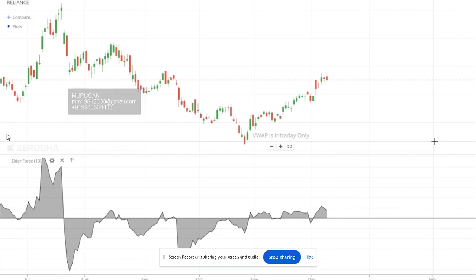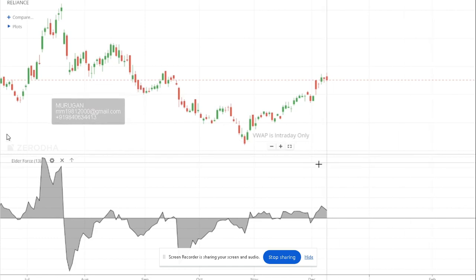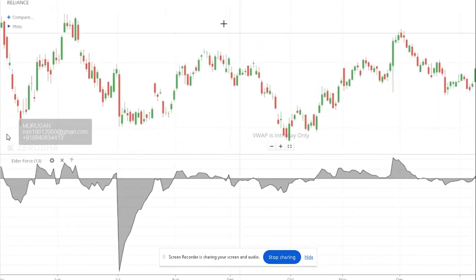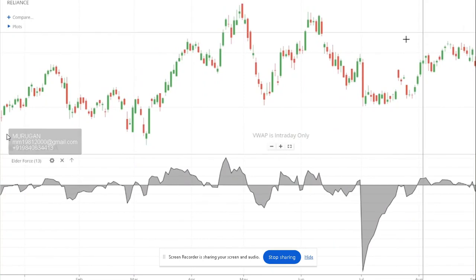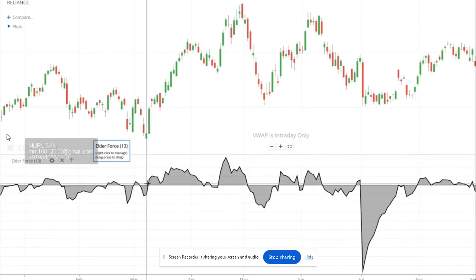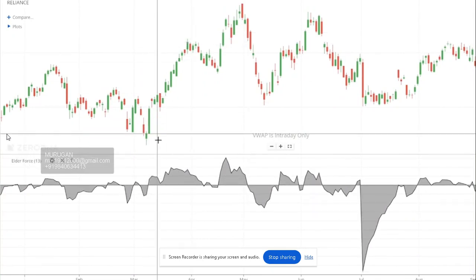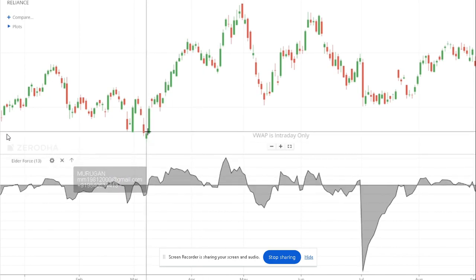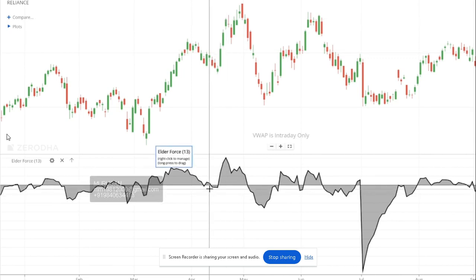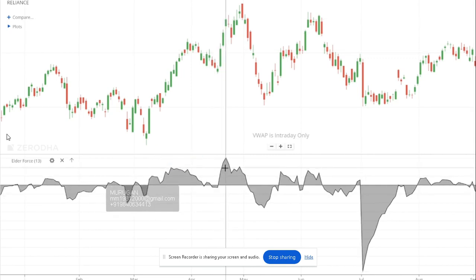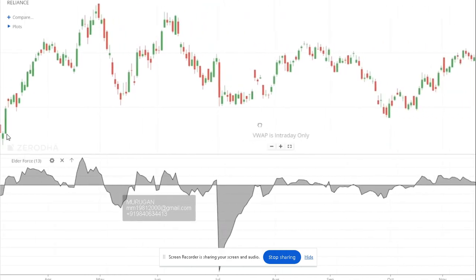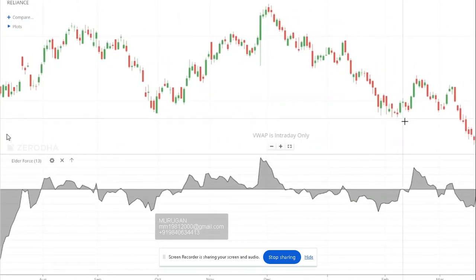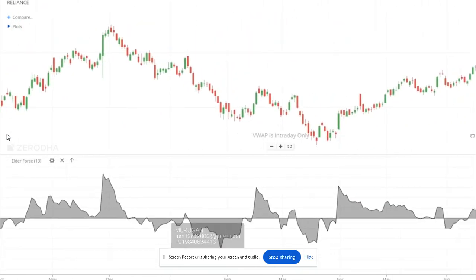Because the stocks trade, Elder Force Index can be watched very carefully. You can see there's an alternate bout of selling and buying. So it was above this line, you can see the market went up. From here to here it was above the zero line, so the market went up. Here it was below a little bit, but after that again the market went up. So the stock is a bit confusing. There's an alternate bout of buying and selling, but in the index it works very well.